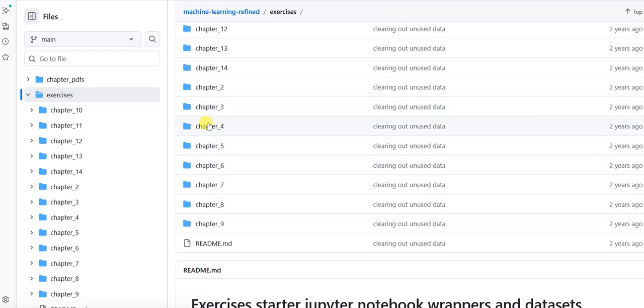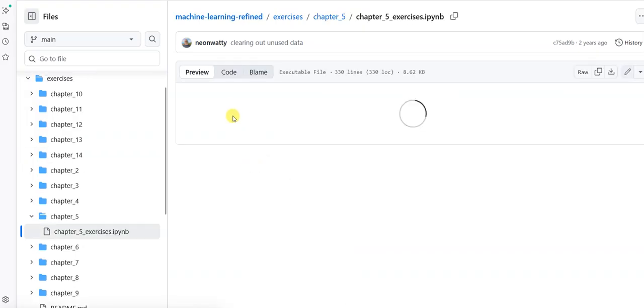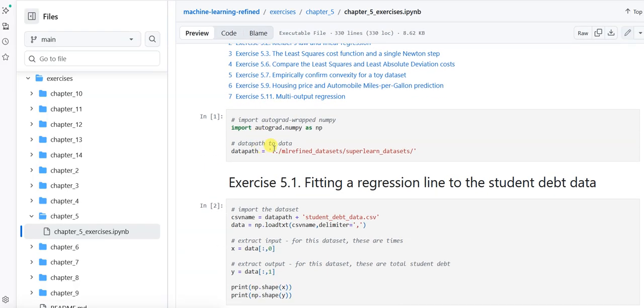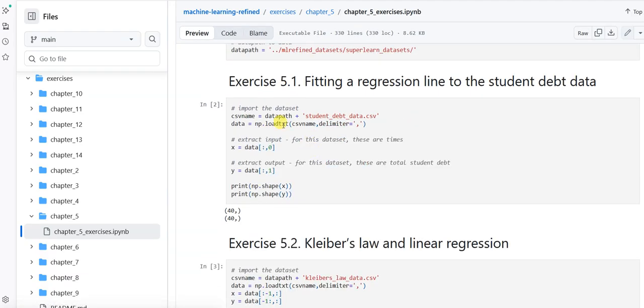For example, we are in chapter 5. In chapter 5, you may see that the exercise will be in Google Colab. So you can open it in Google Colab and do that. I think we have shown this earlier, but anyhow, we'll see here. You can see them one by one: 5.1, 5.2, 5.3, 5.6, 5.7, 5.9, 5.11. So in this one, for example, here,